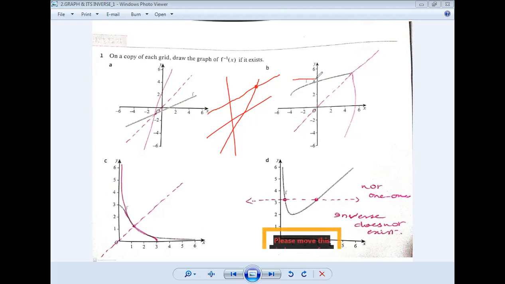In this also, if you draw a parallel line, it intersects at one point only. Here also draw one line, this also intersects at one point only. Suppose you draw a line over here, see here, it intersects at two different points. Two different points means it is not a one-one function, so we cannot say that the inverse exists. So f inverse x does not exist in this case. Is it clear? If you draw the diagram, we can understand. Okay. Next,